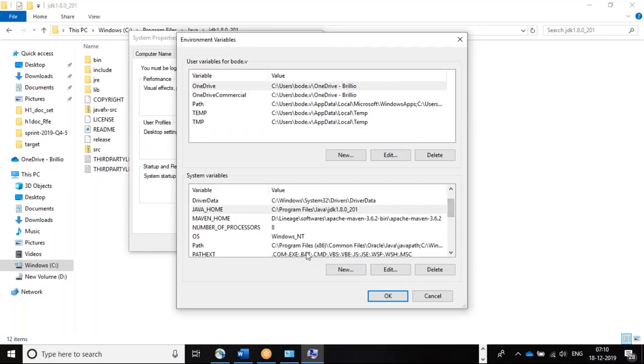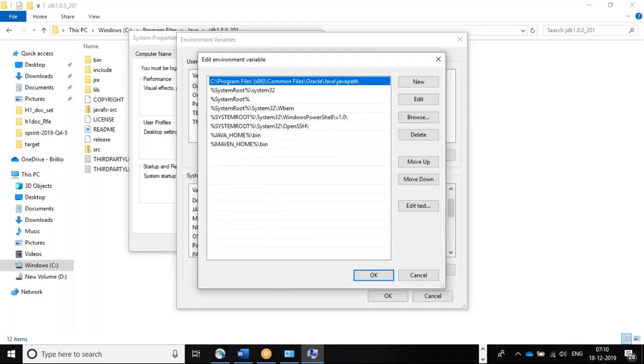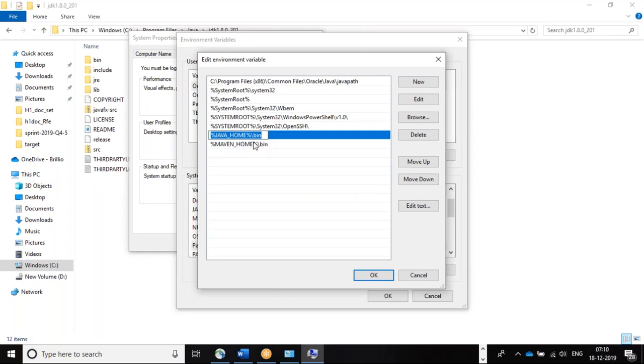The second one is the Path. There is a Path variable, you can see it here. Similarly, click New and add to the Path. You can see %JAVA_HOME%\bin, right? By default, it won't be there, guys. We have to click New here so it will reflect. So that's %JAVA_HOME%\bin. These are the two things we have to set up.